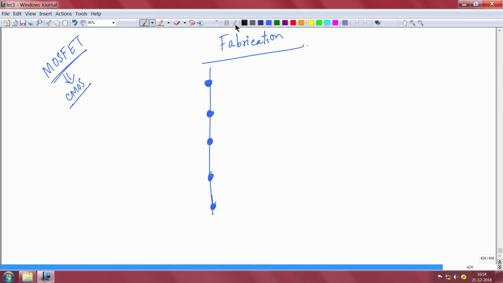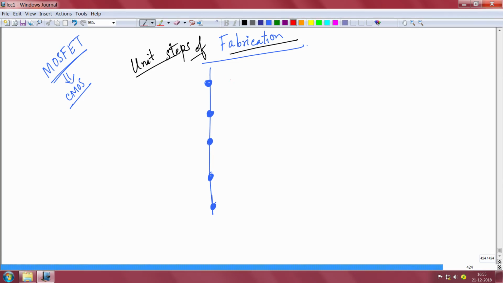What I am telling you here are unit steps or unit processes of fabrication of semiconductor devices. These unit processes are used in conjunction with one another, in a particular sequence, to enable device fabrication such as a MOSFET. This is not in sequence; I am just talking about the unit processes that you use. So for example,